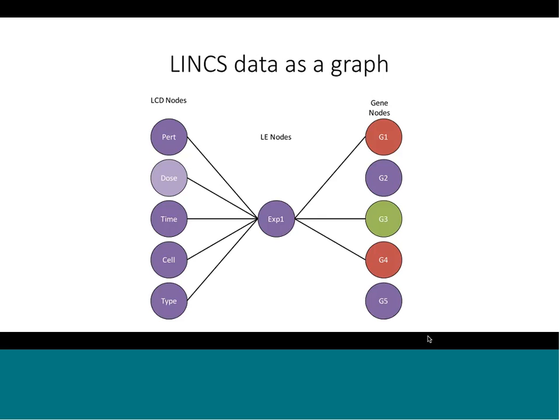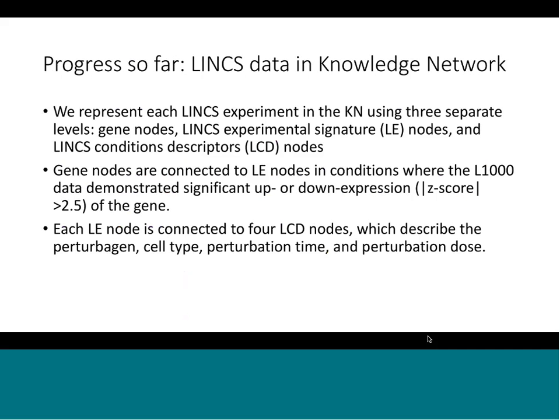So each LINKS node, this is a cartoon of that. In the middle is one LINKS experiment represented as a single node, and on the left, it connects to the LCD, or LINKS condition descriptor nodes, and on the right, it connects to the gene nodes, which are already there in the knowledge network. And just a technical detail, for now, we have connected a gene to a LINKS experiment node if the z-score of its expression in that experiment is greater than 2.5 in absolute value. And this may not be